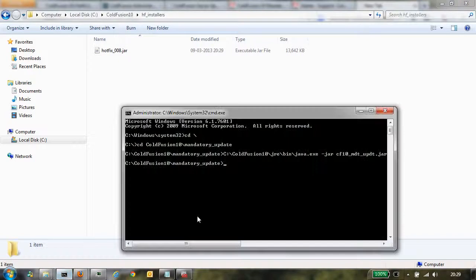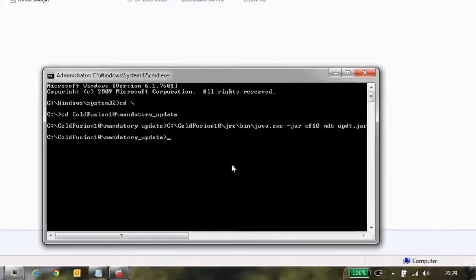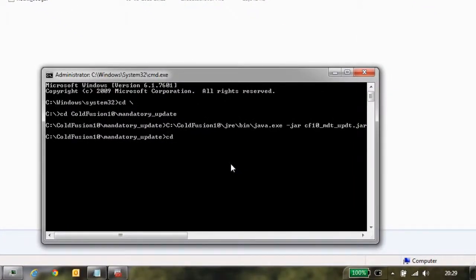Now cd to the directory that we have downloaded to. I have downloaded the ColdFusion 10 hotfix under HF_installers, and invoke this installer offline.